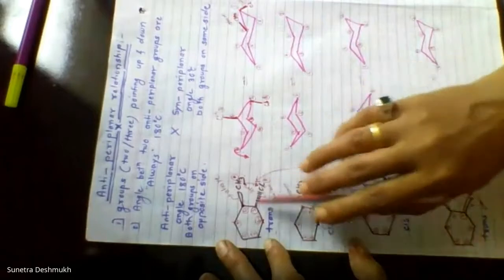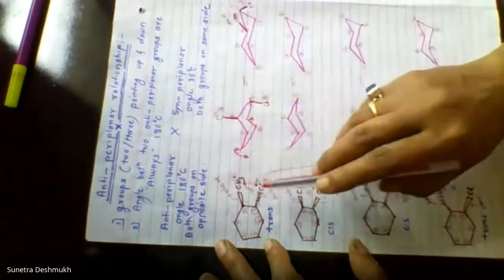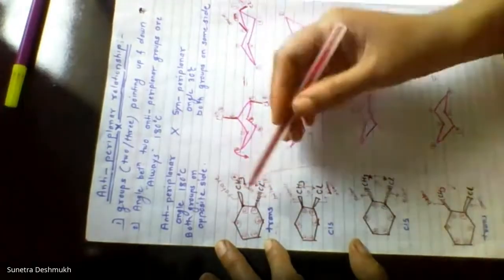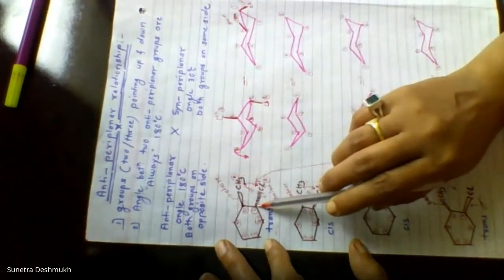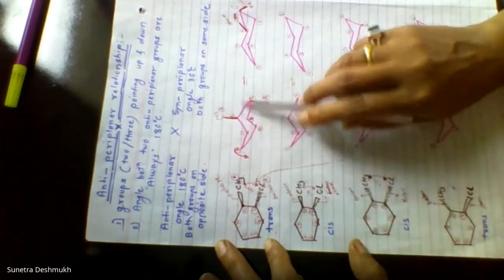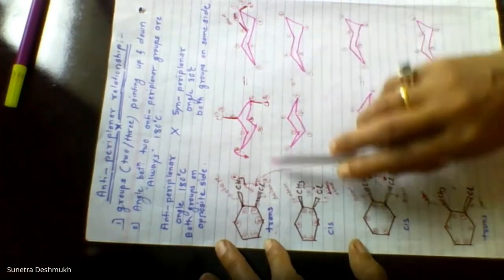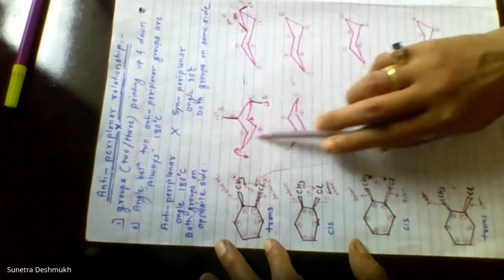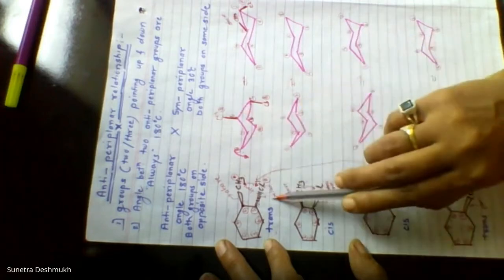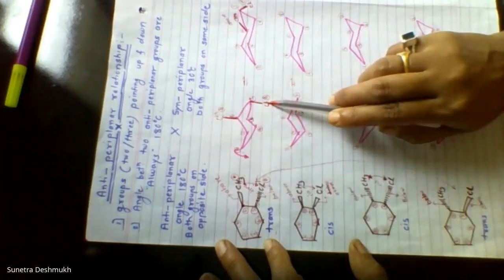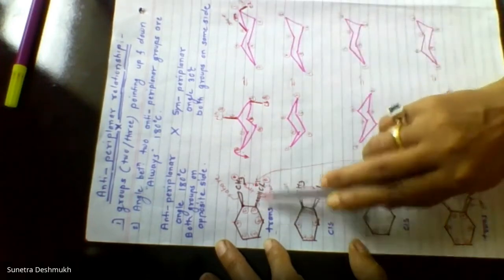Now, in the first conformer also, this is present below the plane. So the main structure is not changing orientation over here. The groups present above the plane will definitely be represented above the plane only. Don't do it like that: if a group is present below the plane here, don't show it above the plane there. So don't make mistakes. All the time you have to tally whether the chair conformation you have written is consistent with the groups. Where the chlorine is below the plane, it should be below the plane in this one also.